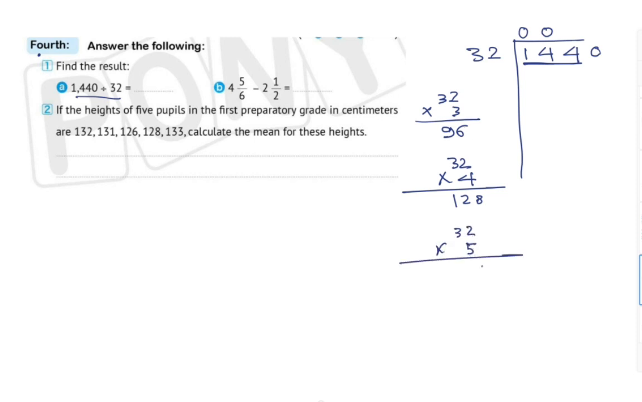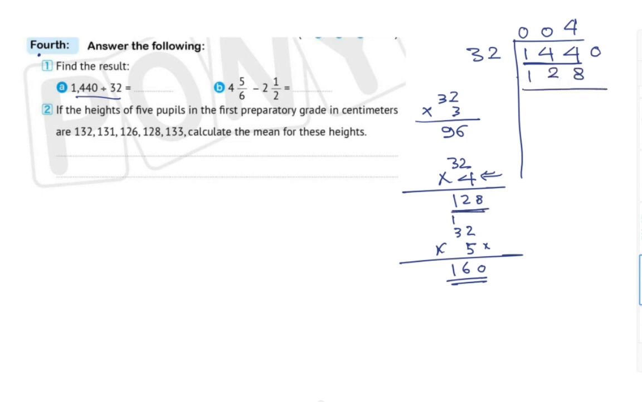5 times 2 equals 10. Carry 1. 5 times 3 is 15 plus 1 equals 16. Now, 160 is greater than 144. So don't use 5, but use this 4. Okay. 4 times 32 equals